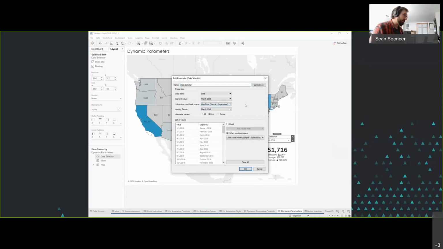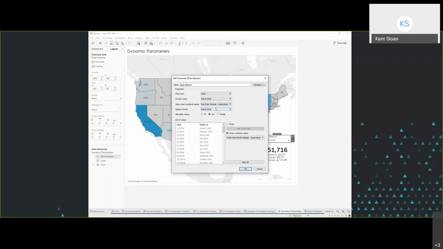Yeah, and worth calling out with this is that you need to have either all values, so they can put in whatever value they want, or an explicit list of values. At this point in time, dynamic parameters do not work with a range option. If we select range, our current value option gets grayed out and removed. So you have to use either a parameter where all values are valid, or a list. We cannot use a numeric or date range.